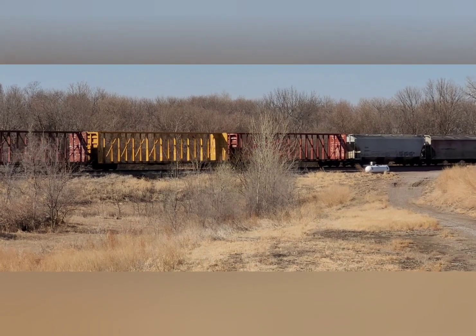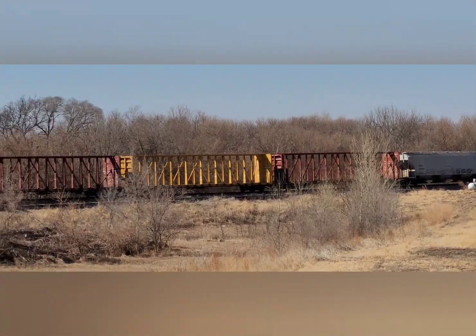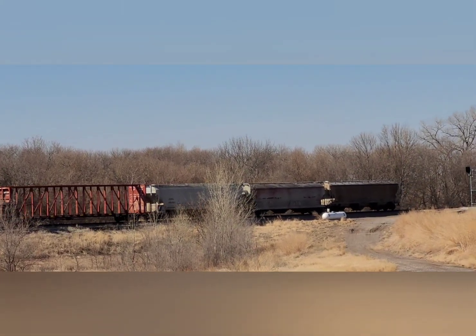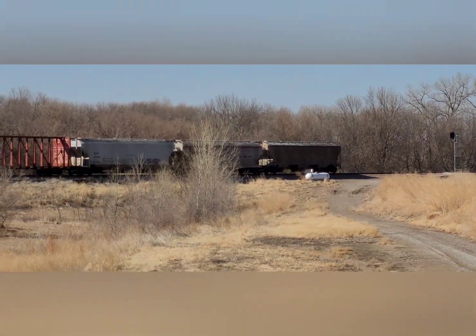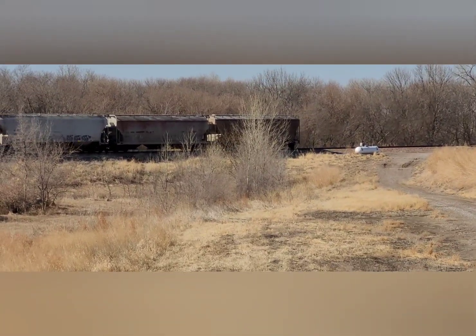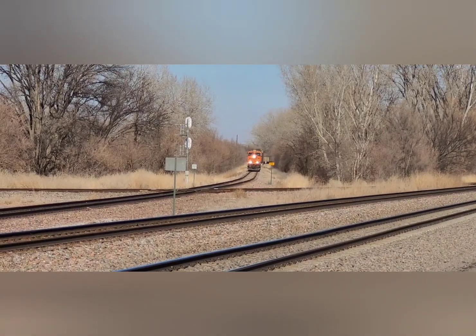Go up there? Yeah, I'm actually surprised to see him there because he came down with just from those tanks there, to the cars there. That's all Fremont. From those tanks there to the back end of the train. Well, the rest of that's